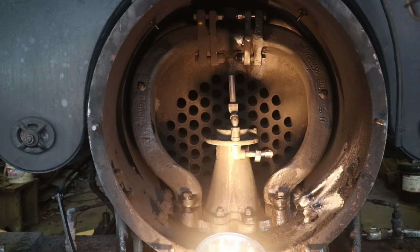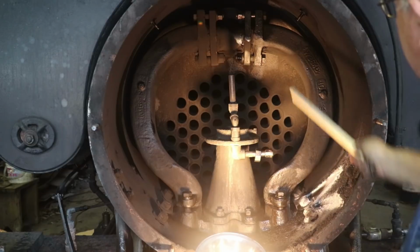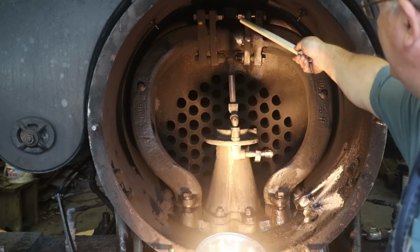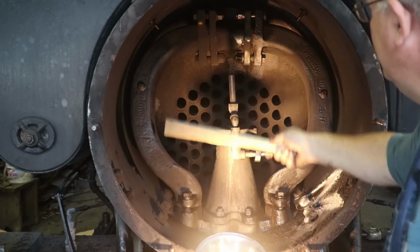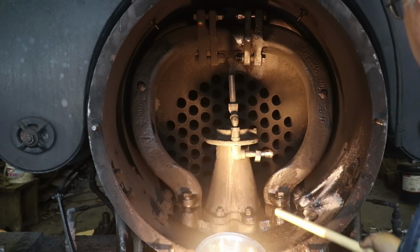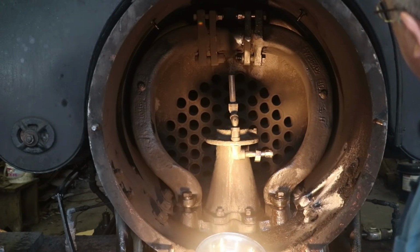All right guys, quick update here. You can kind of see we've removed the petticoat, so you can see back behind this thing now, and you can see how that steam pipe comes out. That's one pipe coming out. It goes into a T that then goes to the two steam pipes that come down. But we got the 4 bolts here to take out now, and hopefully we can pull this thing on out